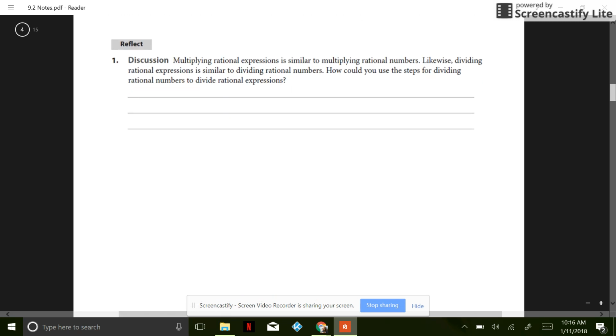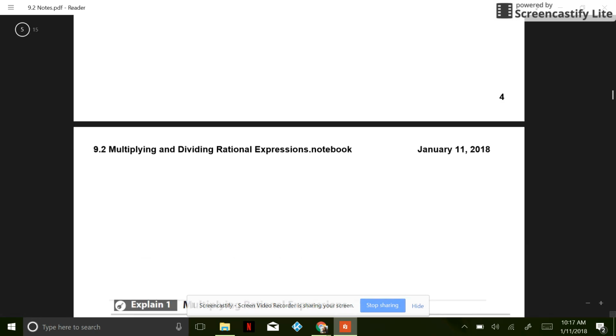So multiplying rational expressions is similar to multiplying rational numbers. Likewise, dividing rational expressions is similar to dividing rational numbers. How could you use the steps for dividing rational numbers to divide rational expressions? You do the same thing you would do with numbers: you multiply by the reciprocal. So instead of dividing, we multiply by the reciprocal,